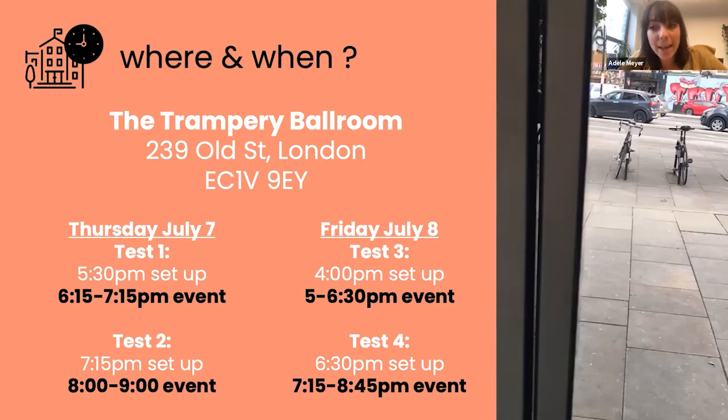Now, you and your buddy, so that they can support you, need to choose which of these days work for you, okay? There cannot be more than 6 per event. So it is first come, first served. And we're going to try to spread the industries out so that there's a little bit of food at each event and a little bit of art at each event. So it does matter that you send us and schedule with your buddy which of these 4 slots work, okay?